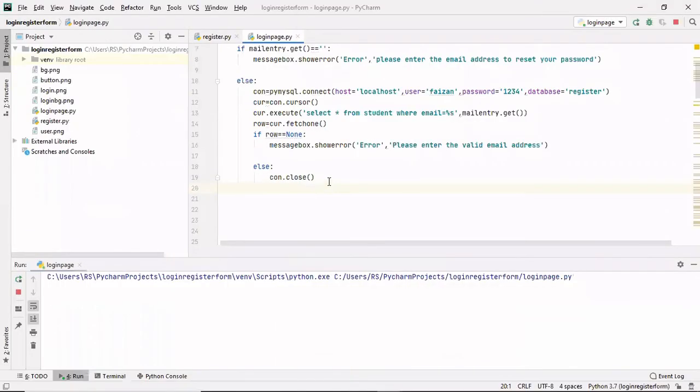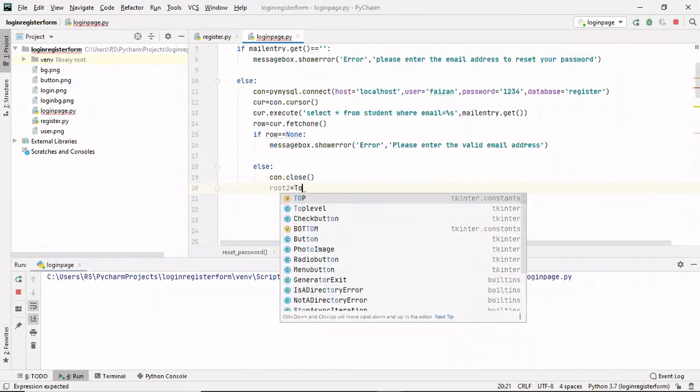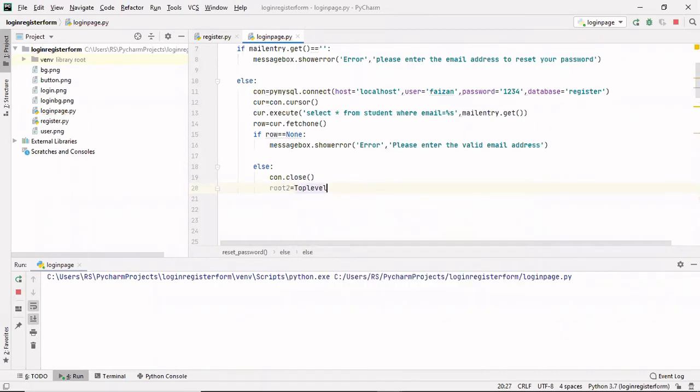So in this else part, after closing the connection, I'll create a window here. So I'll write root2, this is a variable name, and this Toplevel. So this Toplevel is a window here. Next thing is I have to keep this window on hold, so I'll write root2 dot mainloop, right? So if I run this right now,